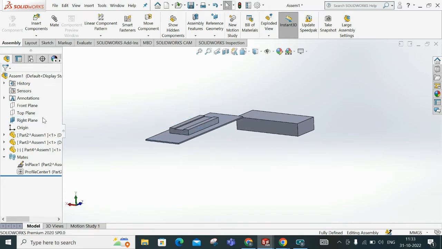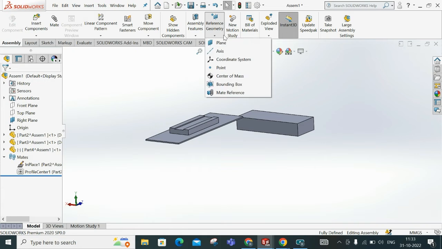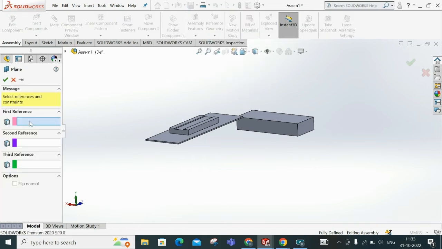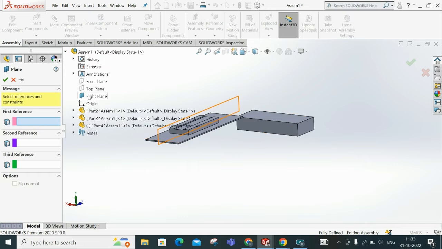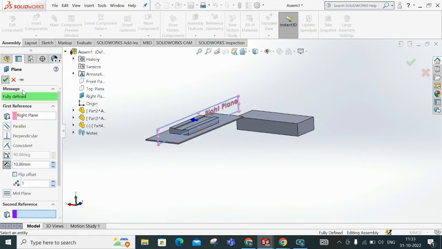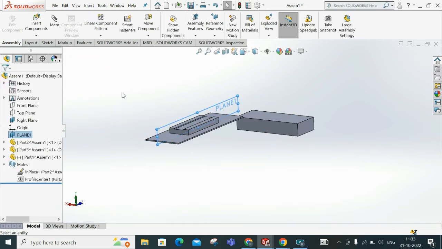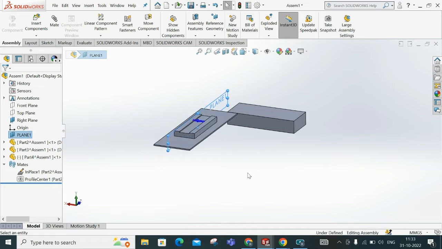The right plane is there. Even if I'm showing it, it's not visible properly. To avoid that issue, since the original right plane is not visible, I have created a new one. Still, that is also not shown. Anyway,